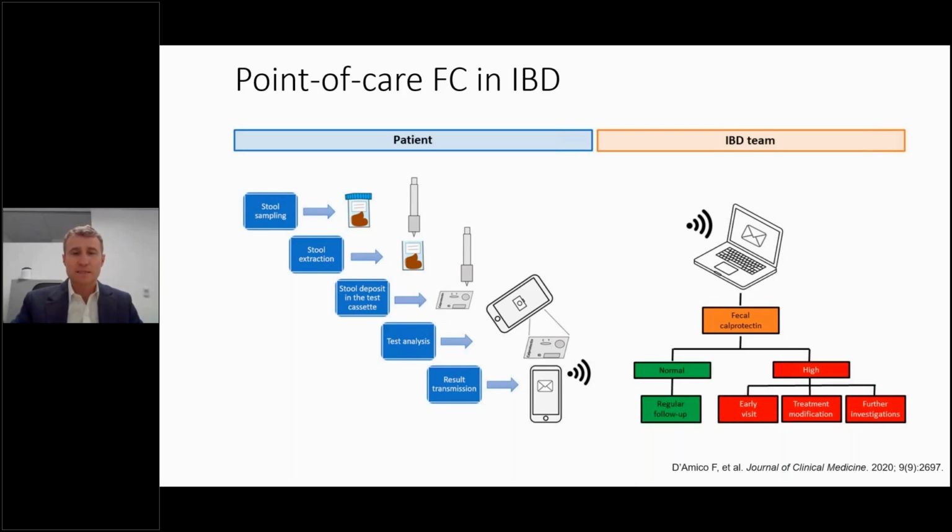This is data from Europe, where they have an approved assay and device which allows patients to measure fecal calprotectin at home, take a picture of the results, which then get uploaded into the electronic medical record for clinical interpretations. It is not currently approved in the United States. It's currently with the Food and Drug Administration, but nonetheless, it may be coming to a clinic near you in